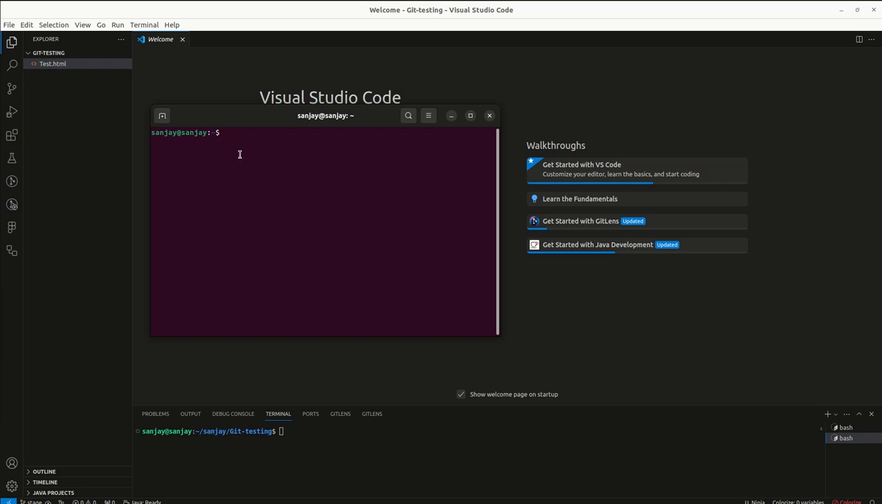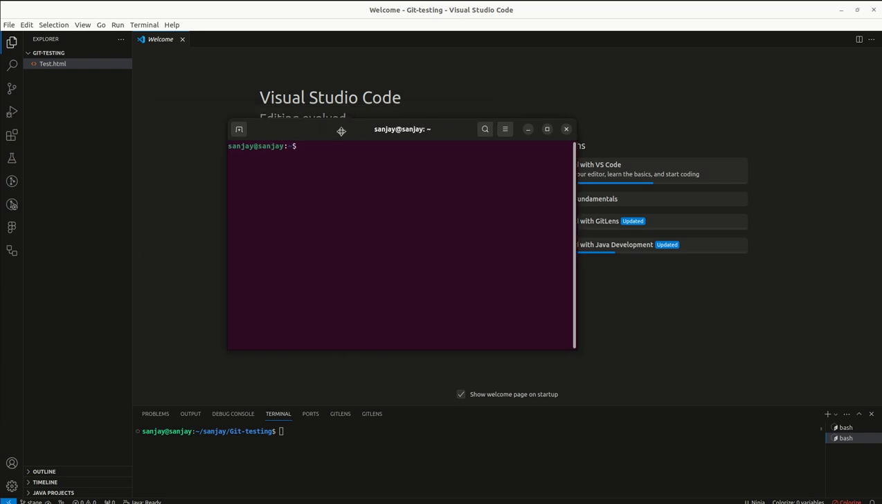If you want to write here, you can write here. If you want to write in VS Code, you can write in VS Code. If you want to write in IntelliJ, you can write in IntelliJ. All terminals are the same. Okay, so we will start with this terminal first, and I will tell you some commands which will help you